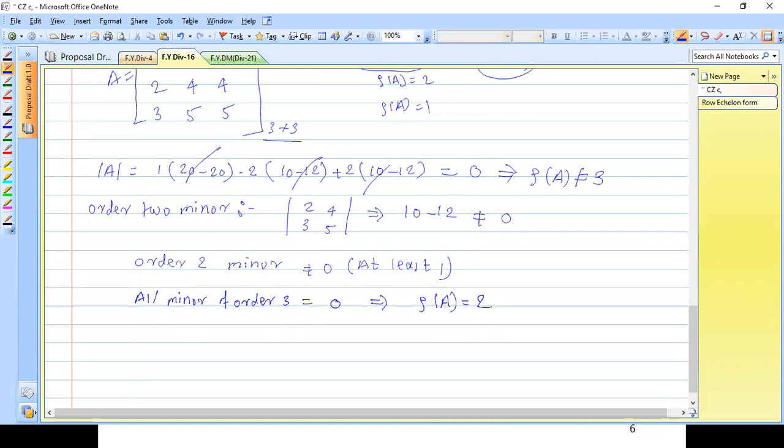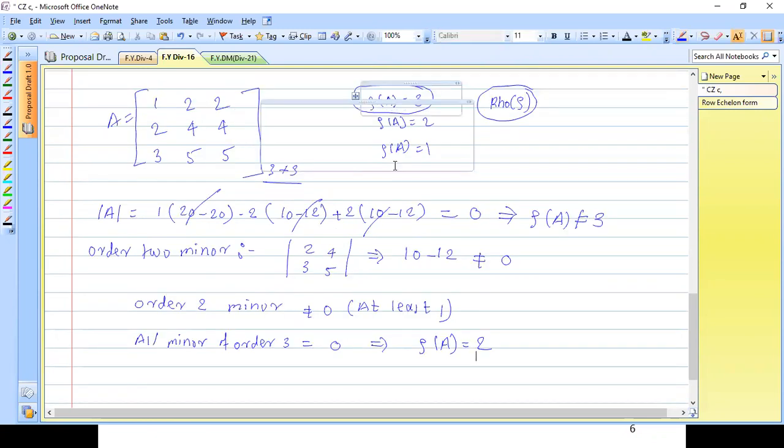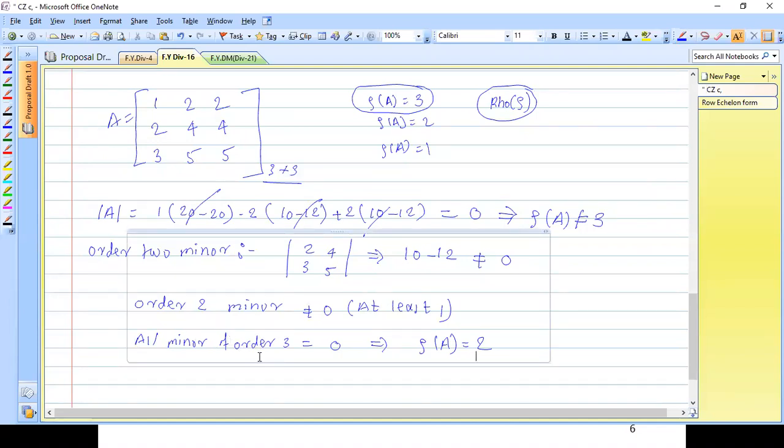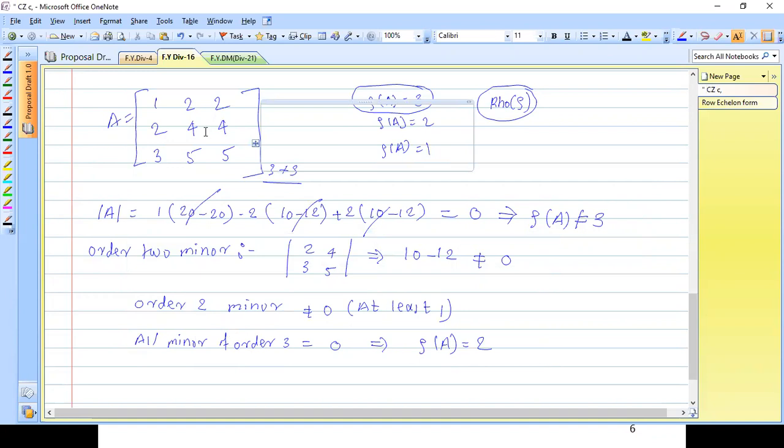Whether there is a chance to have rank 1 here for that matrix? No, sir, because even for second order a non-zero minor is coming. Yes, because if I'm considering rank 1, I have at least one element non-zero, but the second condition is that all minors of order 2 should be 0, but we have at least one minor of order 2 which is not equal to 0. We have calculated here. So rank 1 is also not there. So this is also wrong. This is not a rank. Rank of that particular matrix is 2.